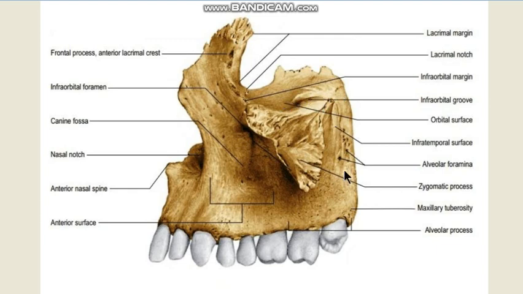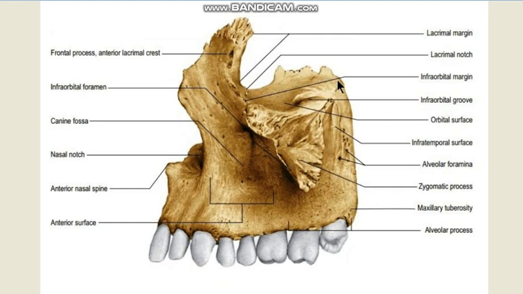So passing above from the infratemporal surface onto the orbital surface, the maxillary nerve is continued as the infraorbital nerve in an infraorbital groove or canal which opens up on the anterior surface through the infraorbital foramen. Not only that, this posterior bulging part of the body of the maxilla is called the maxillary tuberosity, and here you have another muscle attachment. You have the attachment of the superficial fibers of the medial pterygoid muscle.